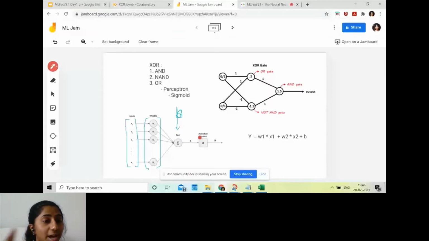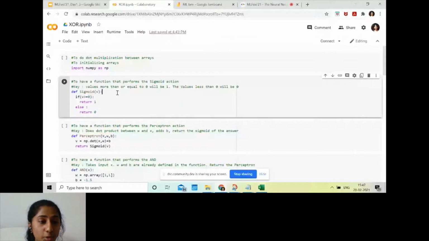We use an activation function because in our XOR, our values are either 0 or 1, so it is necessary for the output to be 0 or 1. So defining the activation function: if v is greater than or equal to 0, it returns a 1, else it returns a 0.